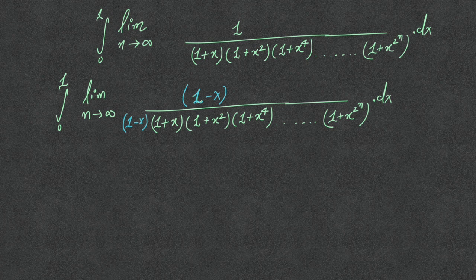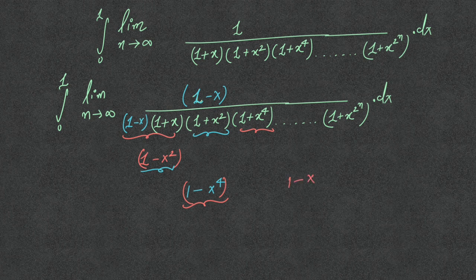So if we multiply these two terms we get 1 minus x square, and then multiplying this term with this term we get 1 minus x to the power 4, then multiplying this term with this term we get 1 minus x to the power 16, and this process will